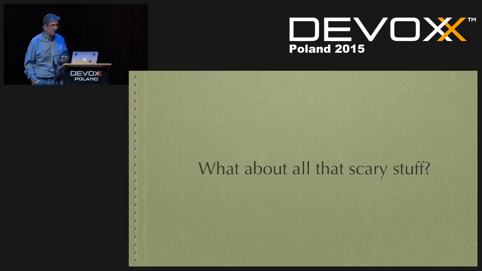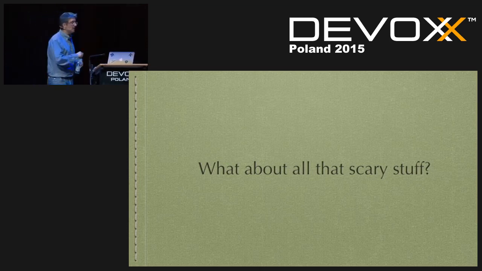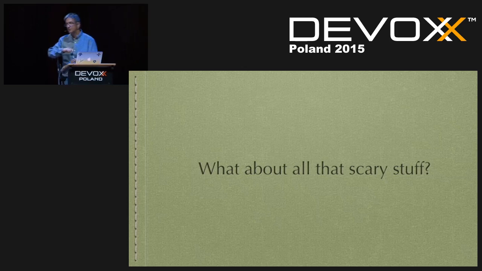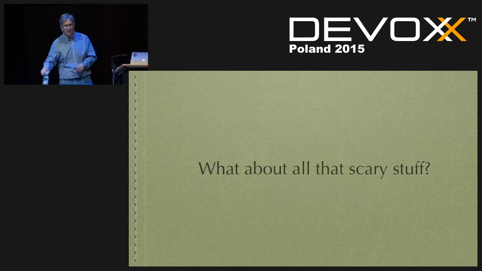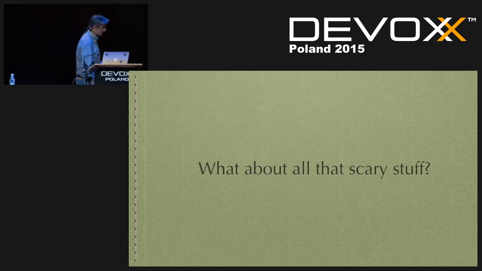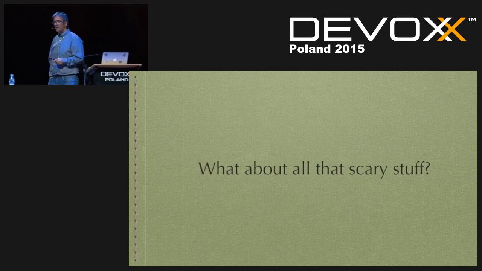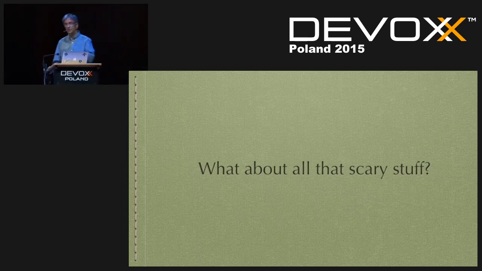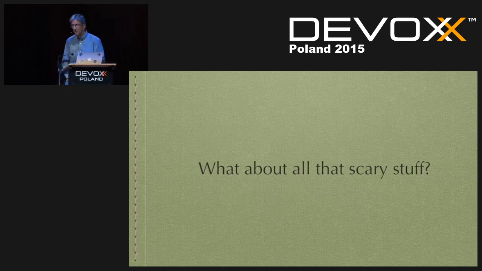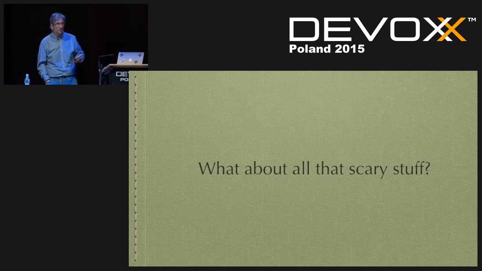Now, what about all that scary stuff? So probably you came to this talk saying, oh, I'm going to learn about monads and monoids and endofunctors and category theory and all of those. No, I didn't actually mention any of that. And why didn't I mention that? When I started to look at functional programming, I got scared. I'm like, category theory. You have to know category theory. You have to know what an endofunctor is. You have to know what a functor is, of course. If you want to know what an endofunctor is, you need to know what a functor is or what morphisms are. Or what a monoid is, or a monad, and all of these words that I've tried to avoid.